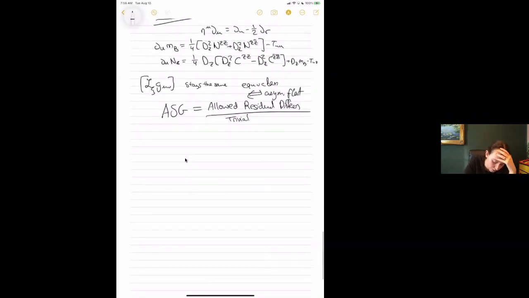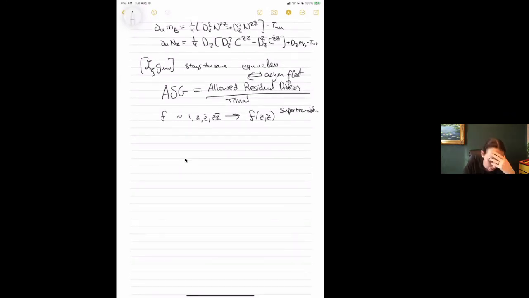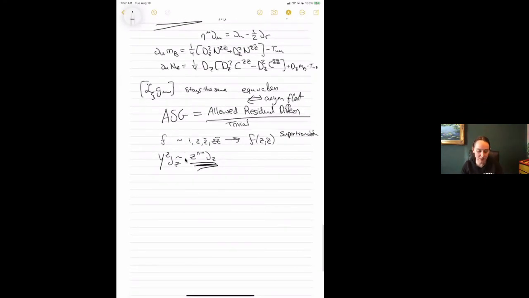So in the vector field that I wrote above, basically F goes from essentially 1, z, z bar, z z bar, to any function of z and z bar. And these are called supertranslations. But the one that I was pushing for is this Y. I want Y to be basically z to the n plus 1 d by dz. But they didn't get that yet. So they excluded this based on things being well-defined on the sphere, which is kind of ironic because, from the hindsight of this program, that's the one that we wanted.